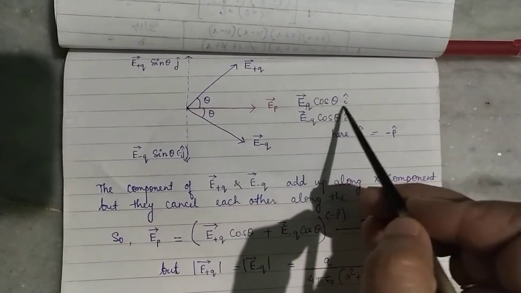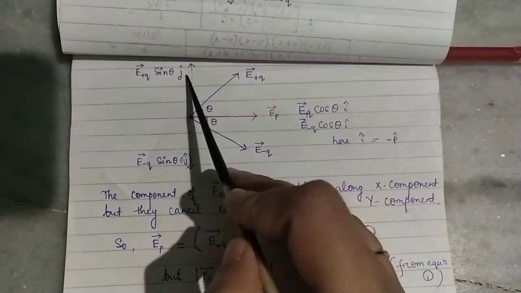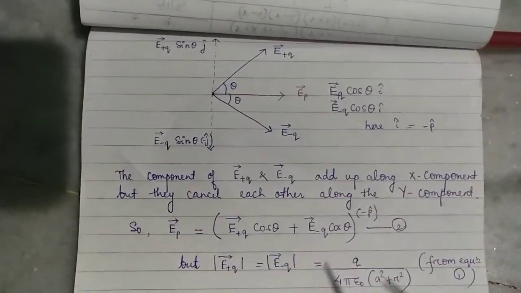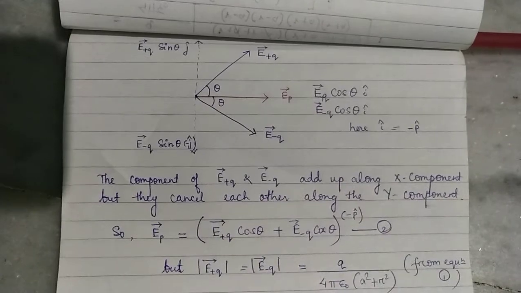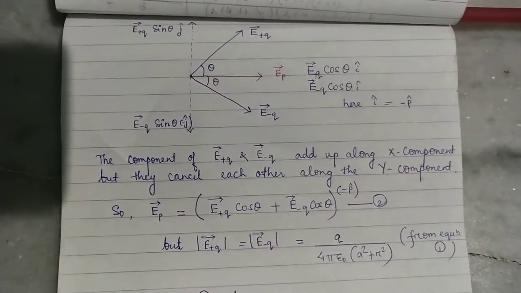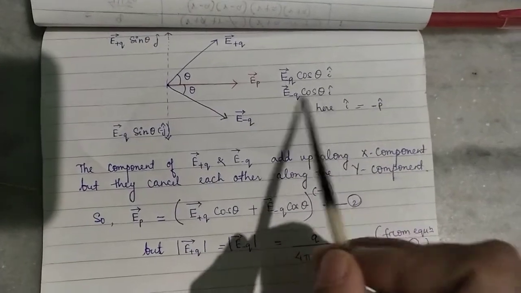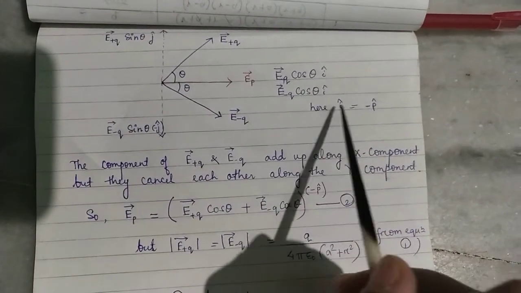Okay, so for both I can use i cap, but here you see it is j cap, and as it is opposite, minus j cap I have written. But what is i cap here? Here we are not using i cap because we are not giving the direction in terms of x, y and z coordinates.